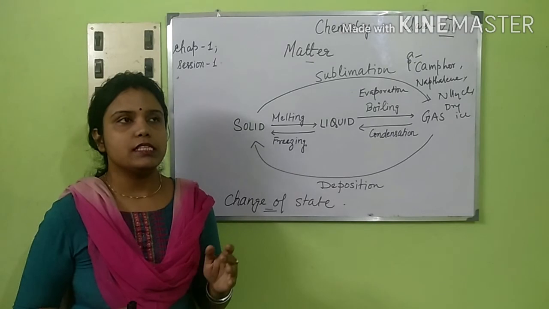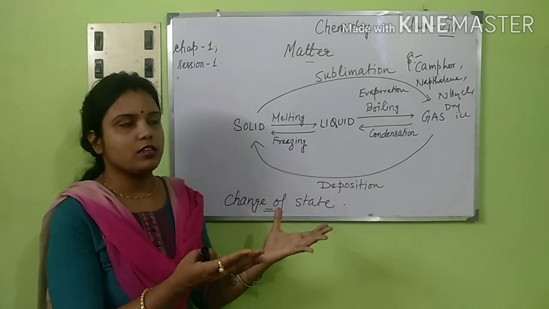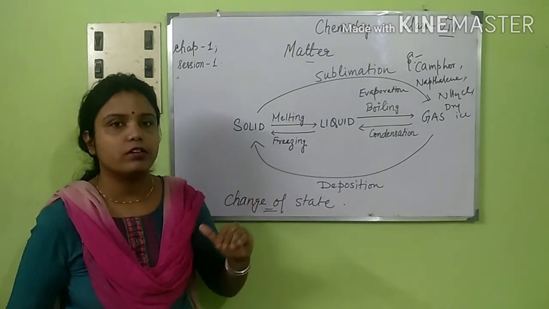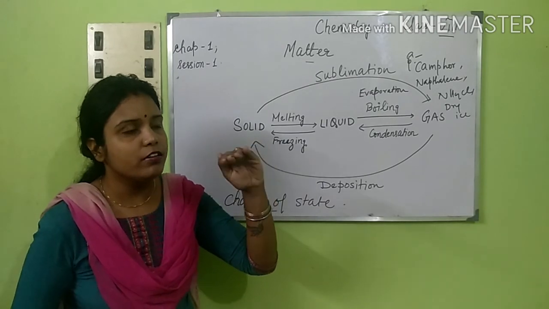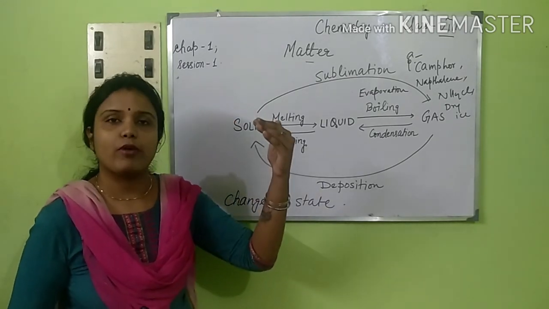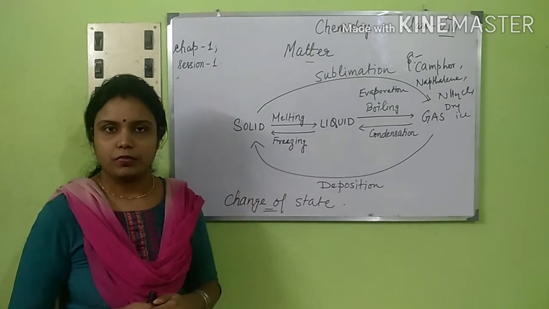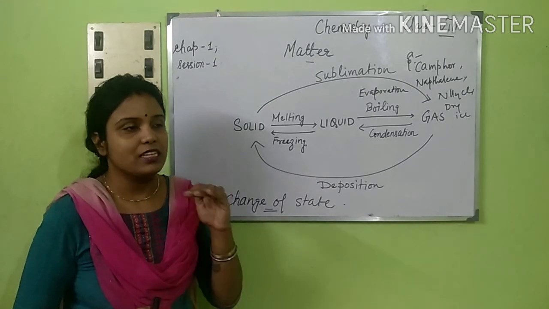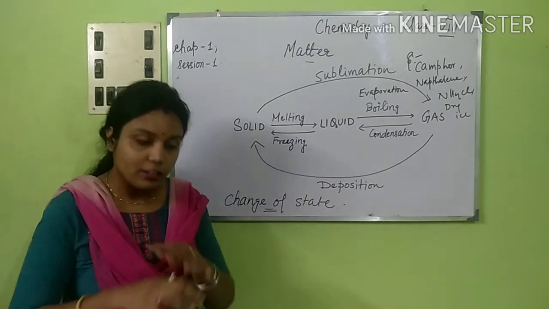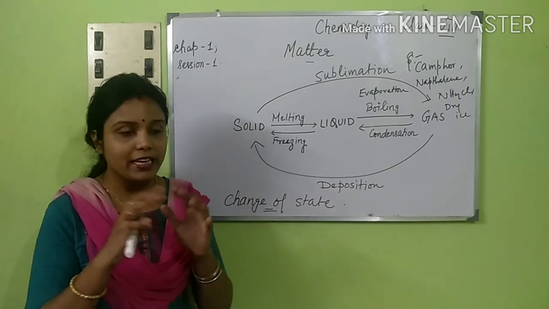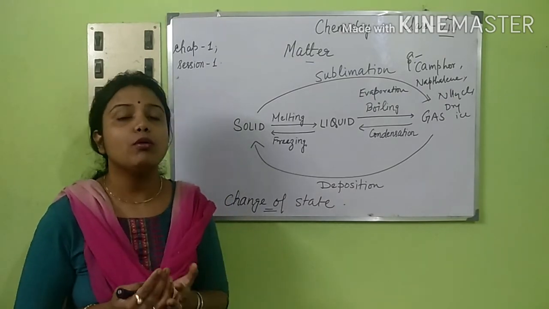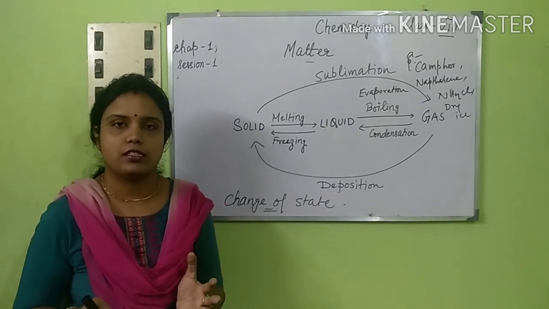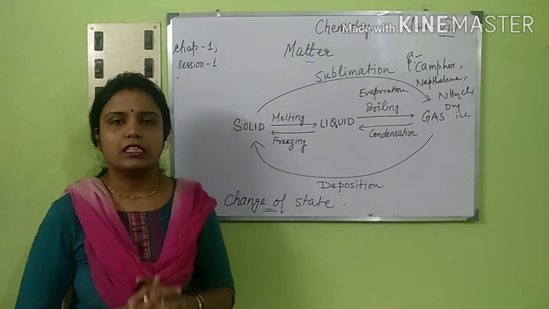Now, you will see that when you have kept water in a vessel, slowly the level of the water is getting reduced. Why? Because it is the upper layer of the water molecules that is getting dried up. Slowly it happens. So it is only concerned with the upper layers of the water. That is, it is a surface phenomenon. Whereas for boiling, the whole liquid is getting warmed up. So boiling takes place throughout the liquid. It is not only with the upper level. It is from the side, from the inner portion, from every side. So these are the main points.